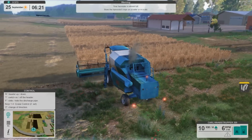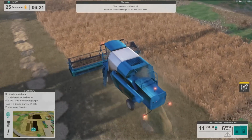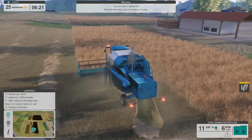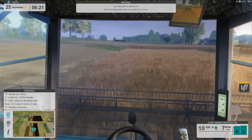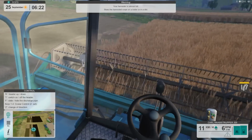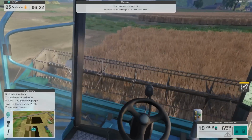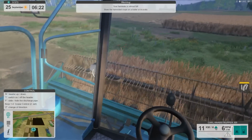This harvester is a good buy. This is a nice harvester. Once again, I may end up buying the larger header when I can get it, but I really like this thing. The only thing I don't like, and once again, it's hard to tell looking at this way where you are as far as the wheat is, so it's kind of easy to overshoot. I have a much easier time steering from the outside, and that probably is true in real life too, but